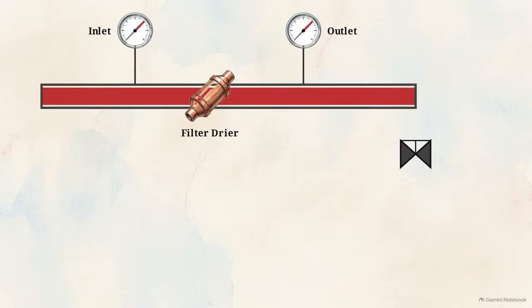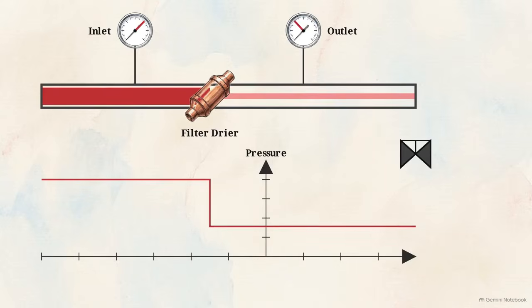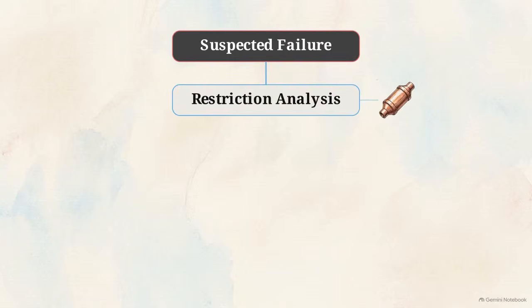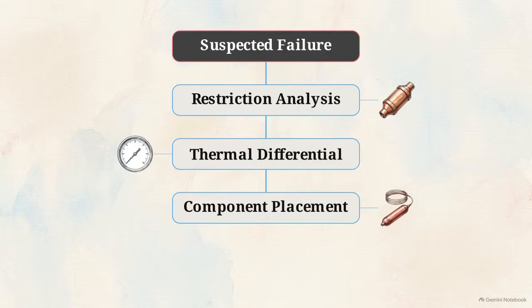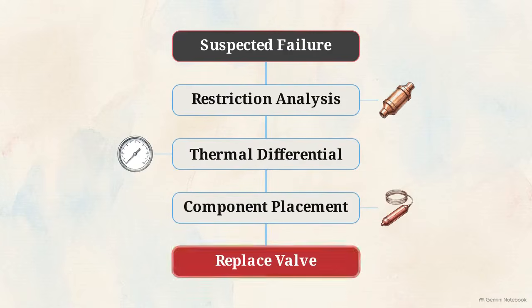However, moisture or dirt trapped in a filter dryer upstream can severely restrict liquid flow. This creates an unintended pressure drop that perfectly mimics a failed, stuck-closed expansion valve. This logic tree maps a strict diagnostic workflow. Technicians must cross-reference empirical measurements, verifying filter dryer pressure drops, measuring subcooling, and checking bulb placement before condemning a mechanical